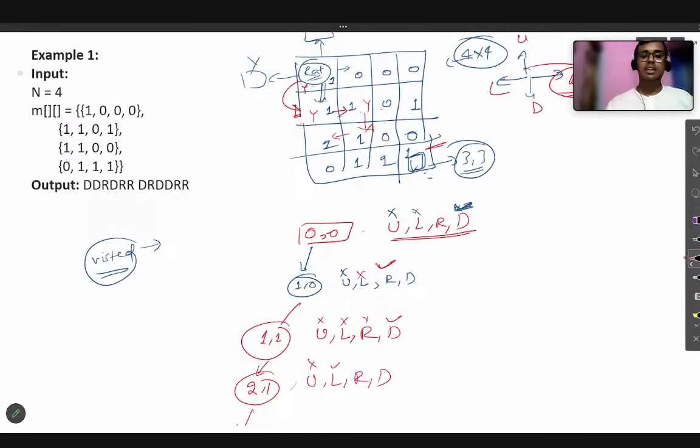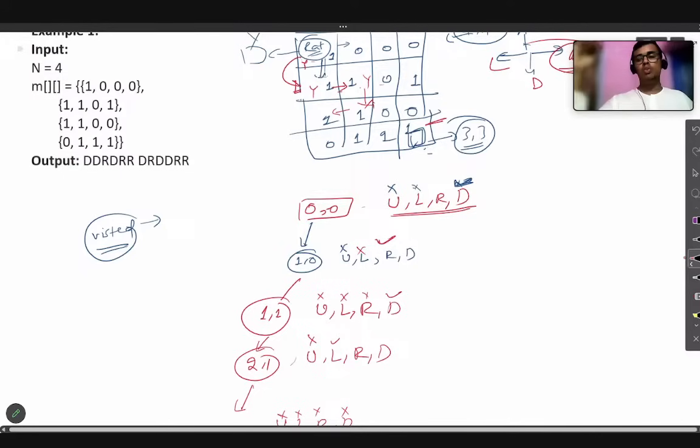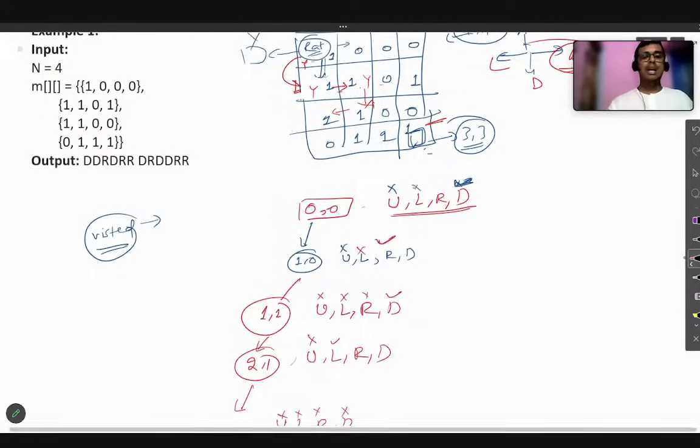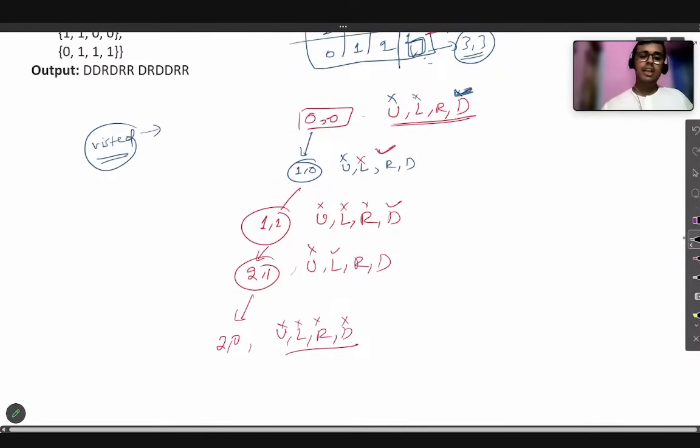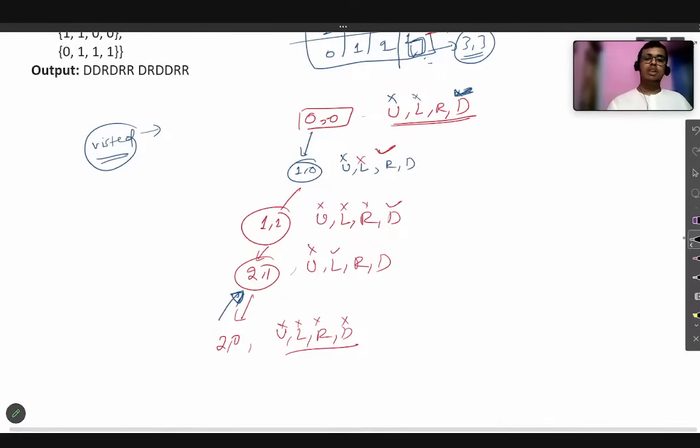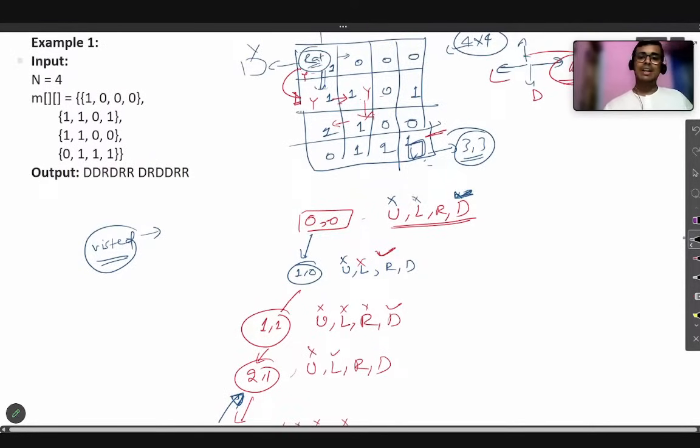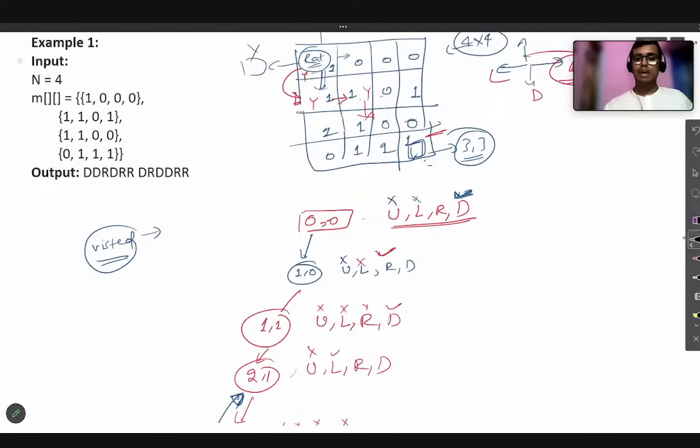So this is the dead point. Whenever you are searching and you reach a dead point, you move back and check for other possibilities. The same thing is being done here, so the concept of backtracking comes in. He will move back, and whenever he moves back, he will mark the cell as unvisited.